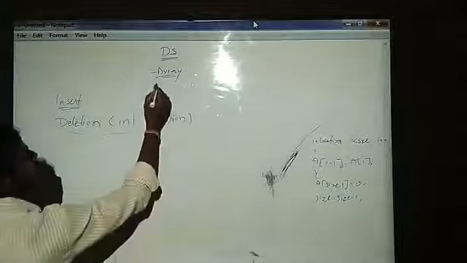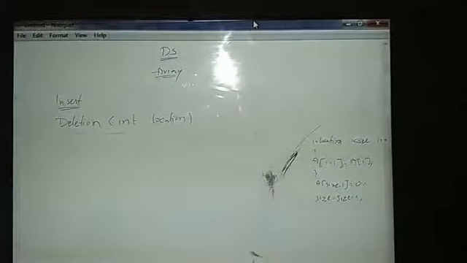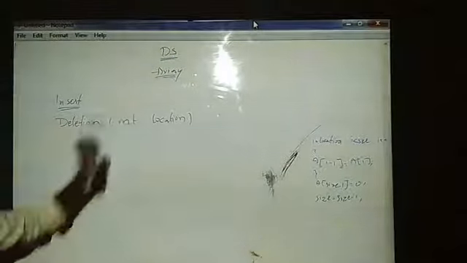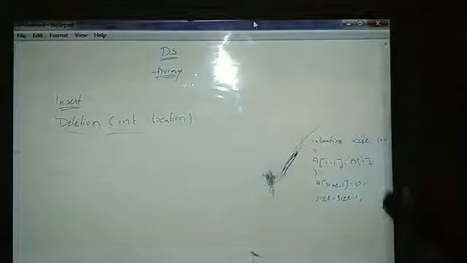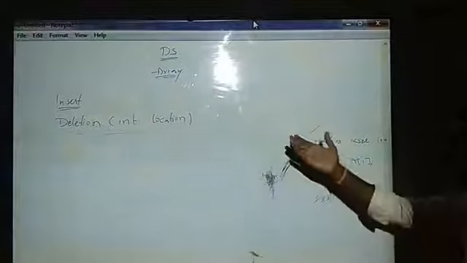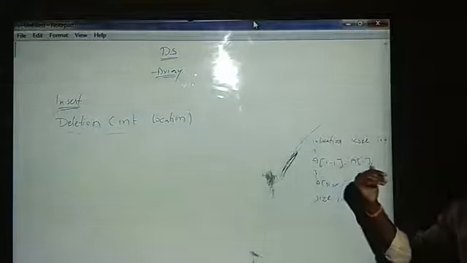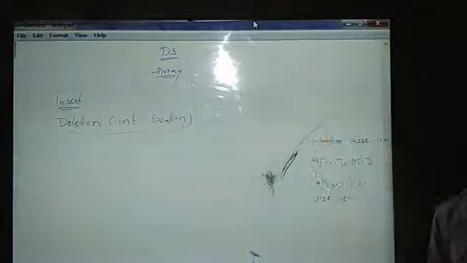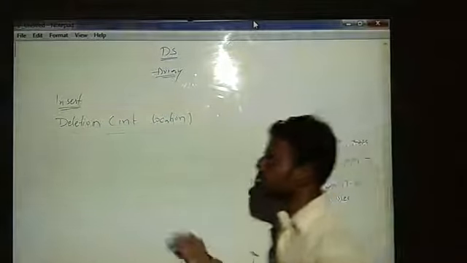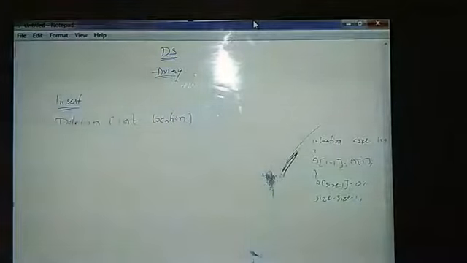In our previous lecture we discussed the ADT operations that we could perform on an array, like reading the elements in your array and displaying the elements from your array. We have seen traversing the elements backward and searching the elements in your array, and we have also seen insertion of an element.